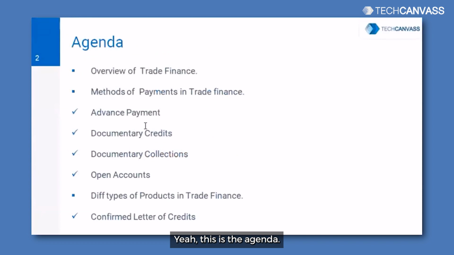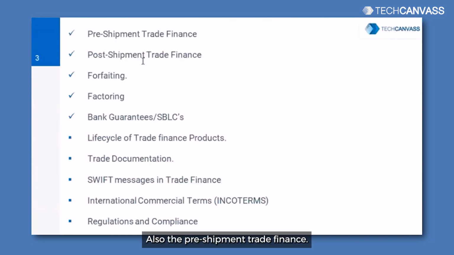Yeah, this is the agenda. These are all the topics that will be covered as part of this training: the overview of trade finance, the methods of payment in trade finance, and different types of products in trade finance, and also pre-shipment trade finance, post-shipment trade finance, forfeiting, factoring, guarantees, SBLCs, life cycle of trade finance products,